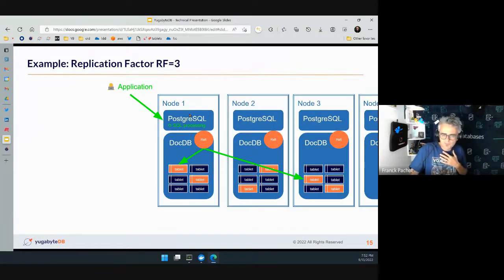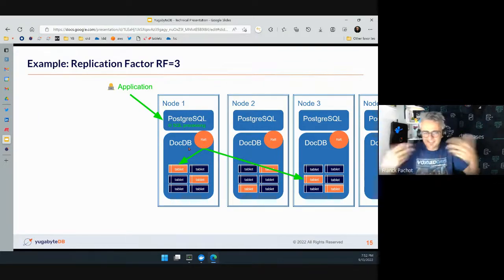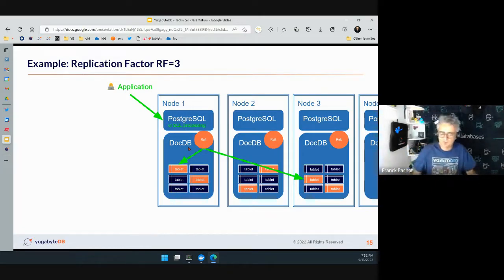So each node has a stateless Postgres where the application can connect. And with the Raft protocol, it will send the writes and read from the other servers, the same server or the other servers, where the tablets are replicated. The idea is that this tablet has a leader here, follower there. This one is leader there, follower. Yeah. So if you are connected to node 1 and you write, and this writes to multiple leaders,